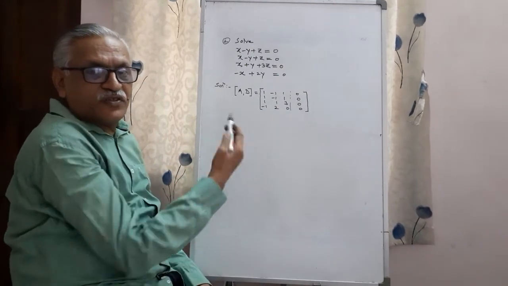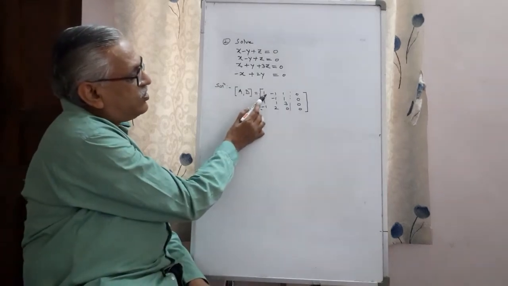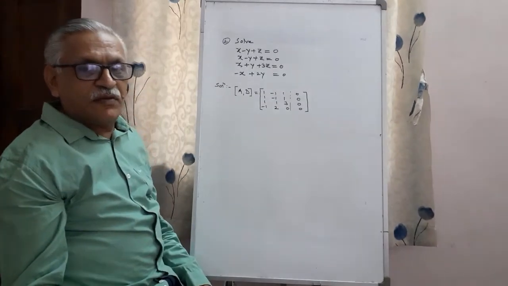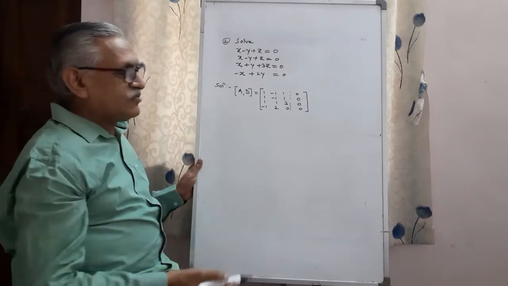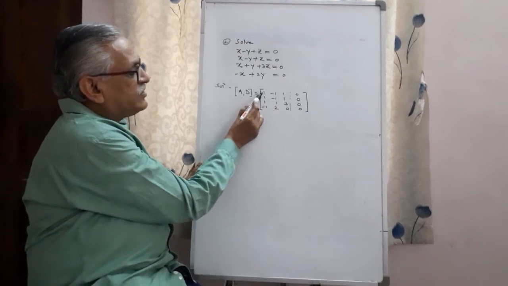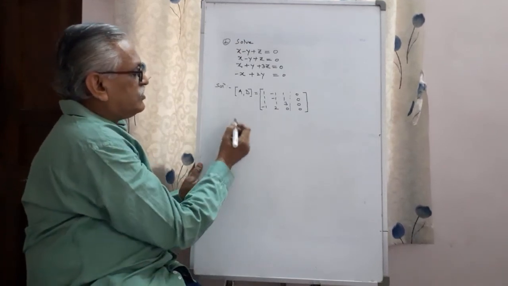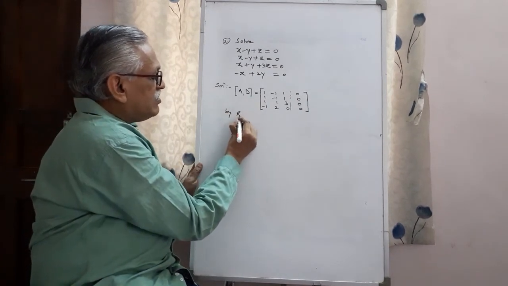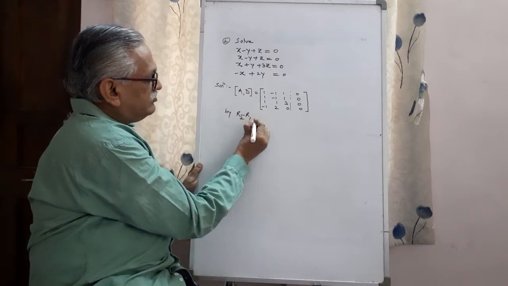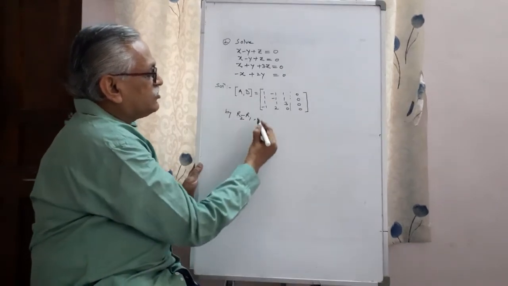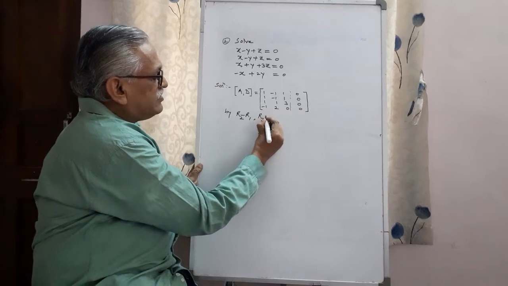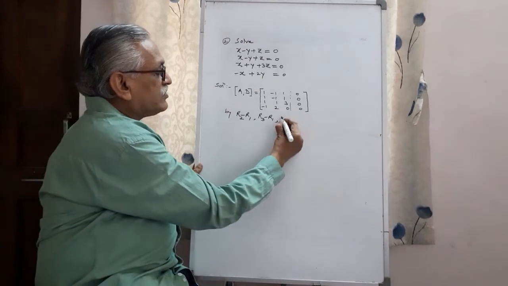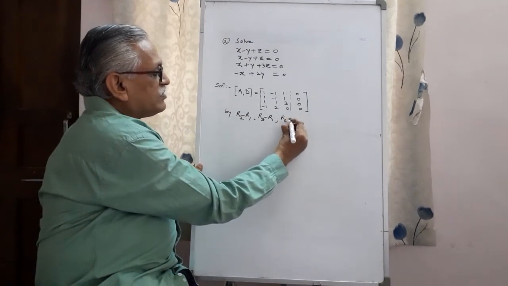Converting this matrix to its canonical form means making all the diagonal elements non-zero and the lower elements 0, by applying elementary row transformations as we usually perform. And therefore, using the first row, we convert these 3 elements to 0 by applying the transformations. 1 minus 1, 0 means R2 minus R1. Again 1 minus 1 we get 0, means it is R3 minus R1. Minus 1 plus 1, 0 means R4 plus R1.